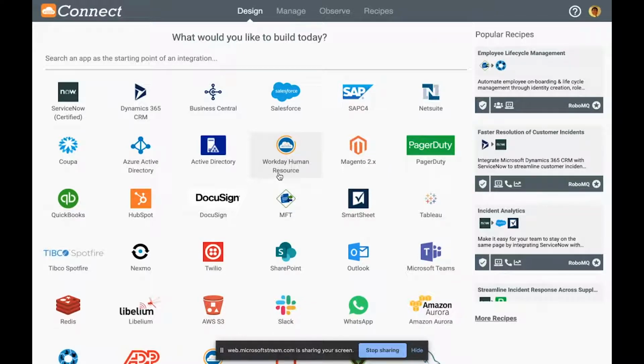RoboMQ Connect platform. In this demo, we're going to show how we can get a WhatsApp message that is sent to a business account in WhatsApp and create a lead in NetSuite. As you can see on the screen, I have our palette of potential triggers that we have in our trial